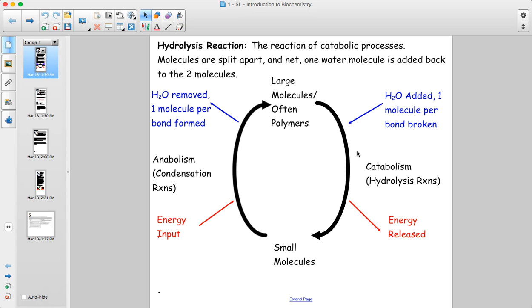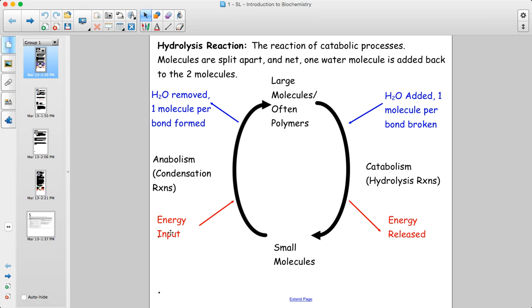There are always these cycles taking place inside of your body, where small molecules get converted to large molecules, often in the form of polymers, and that's called anabolism or anabolic processes, anabolic reactions. The specific type of chemical reaction is a condensation reaction. In order to make small molecules into large molecules, that's going to require an input of energy. So you can think of those reactions as being endothermic or delta G positive, that they're not spontaneous,